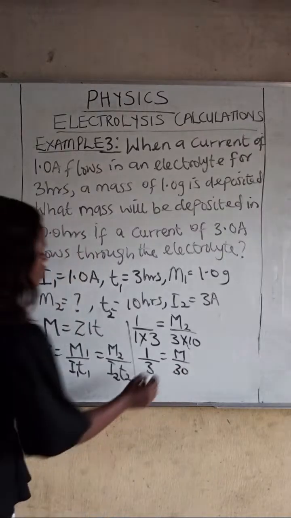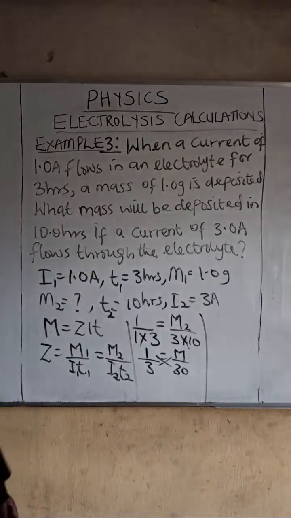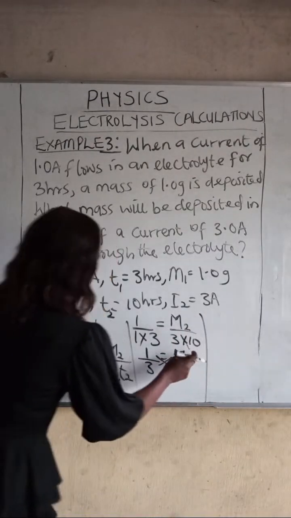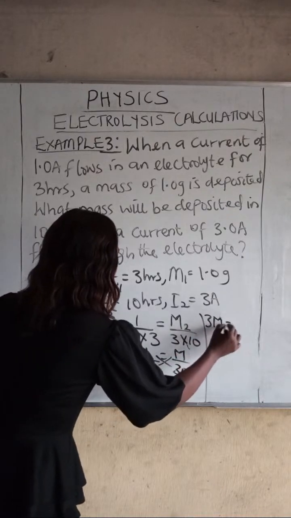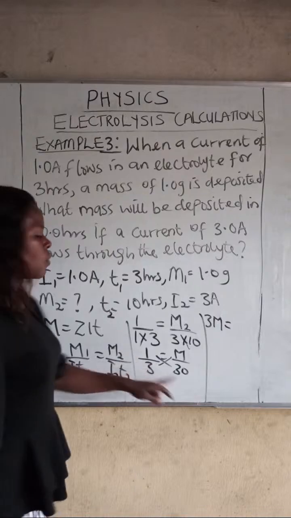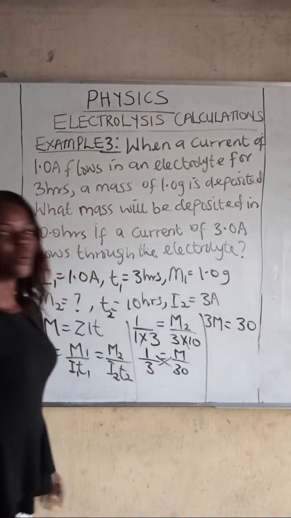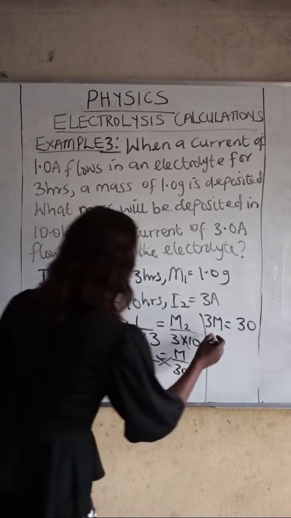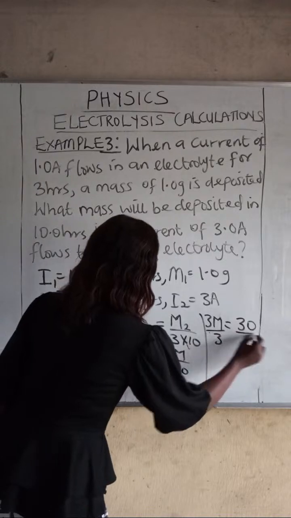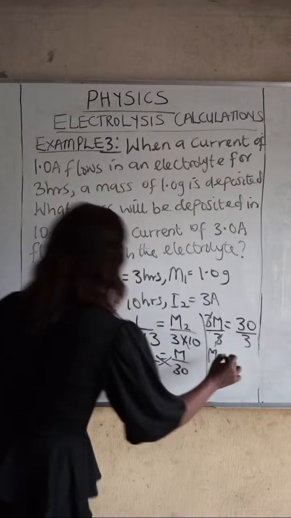If I cross multiply, I will have M times 3 equals 1 times 30, which gives 30. So I'm going to divide both sides by 3. Alright, so my mass